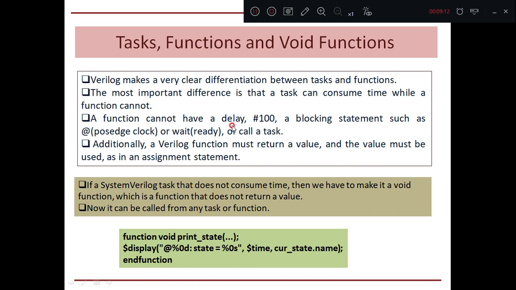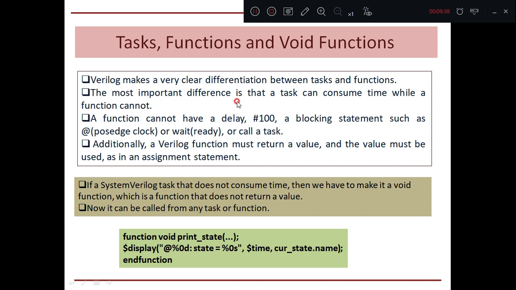Since the function cannot consume time, it cannot have a delay such as #100, a blocking statement such as passage of the clock or wait, or call a task. Since all these are time-consuming statements, a function cannot have them.